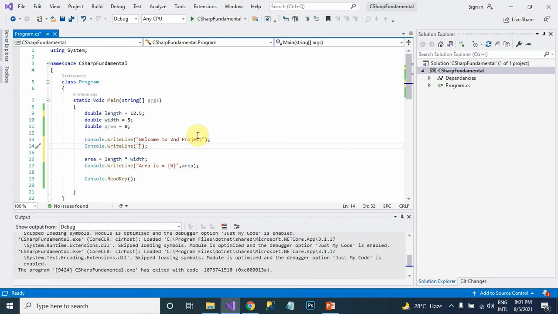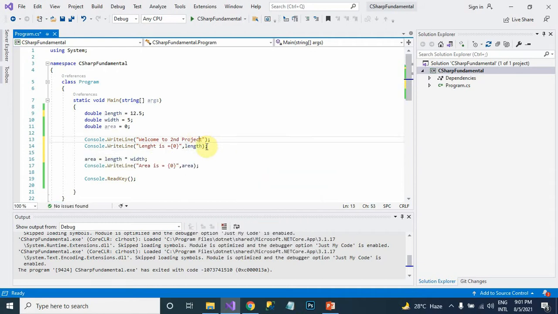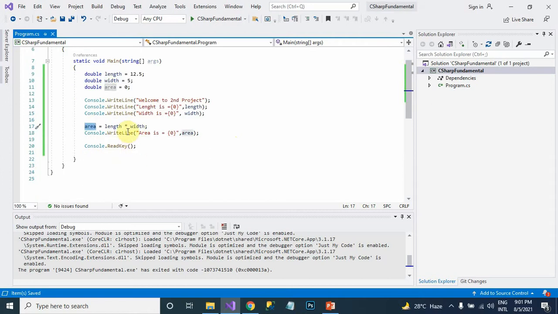You can write here: length is, where 0 is basically the index, and you write length. Copy it, paste here, width, change the width. Length is, width is, then it will multiply and show the area.